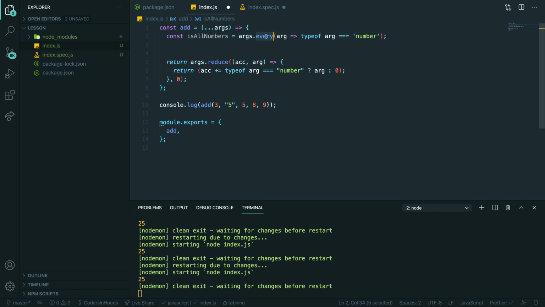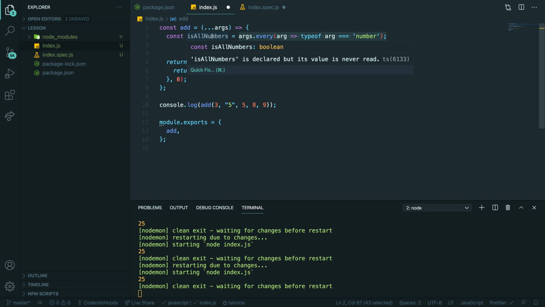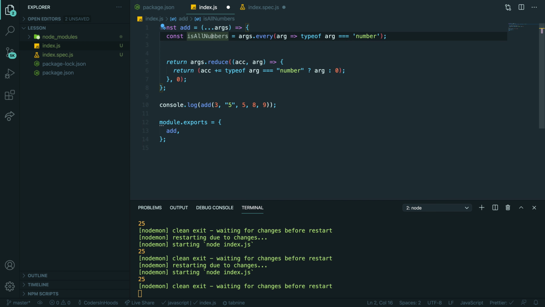So if every single one is a number, that will return true. If not, that will return false. So this is a nice method from JavaScript for such cases.